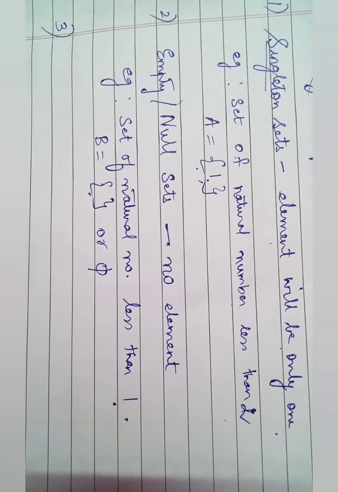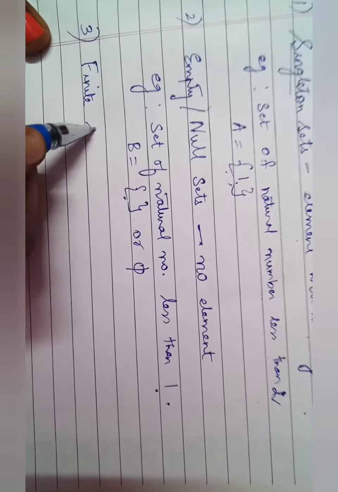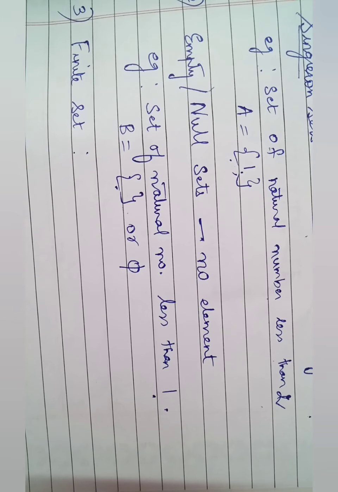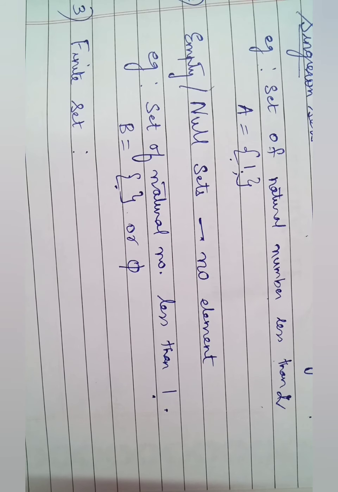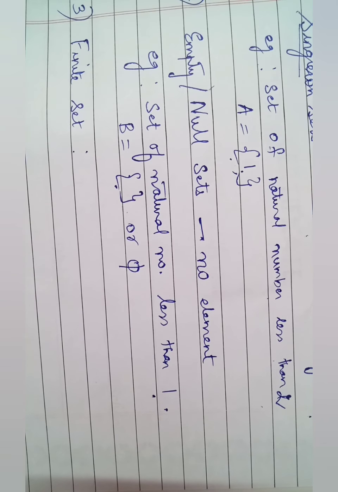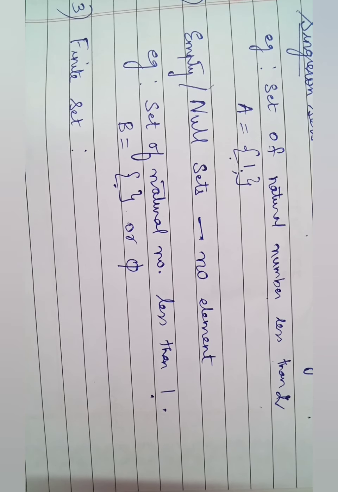The third type of set we are going to now is finite sets. Finite sets means what? You heard finite, it means something where some end is there. कहाँ तो कहाँ खत्म होने वाला है. अभी एक एग्जाम्पल मैं बता रही हूँ. आप बोलो नेचुरल नंबर 1 to 10 तक, तो 10 में आकर खत्म होने वाला ही है. तो ये होगा फाइनाइट सेट, जहाँ पे एक खत्म है, मतलब एंडिंग है करके.